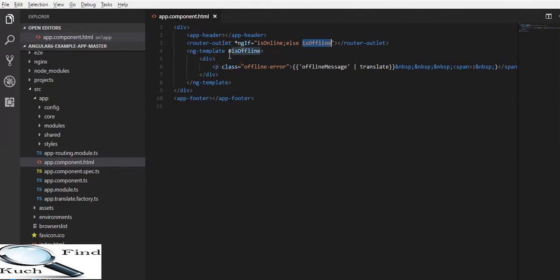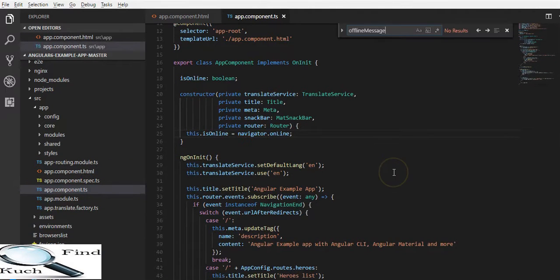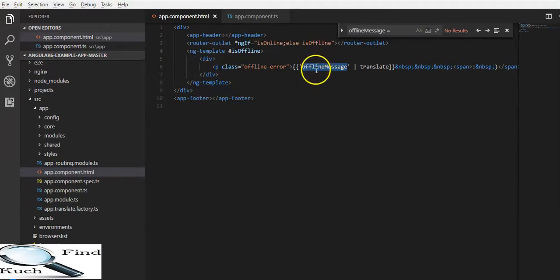In the case of is offline, it will load this ng template, in which it will show you an offline message on the web page. For the offline message, you can go to its component.ts file and see what you have. Okay, it's not there, so we can search for it